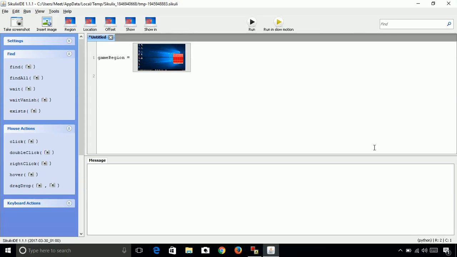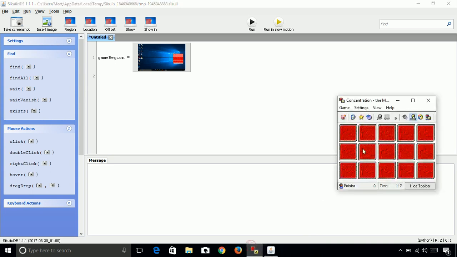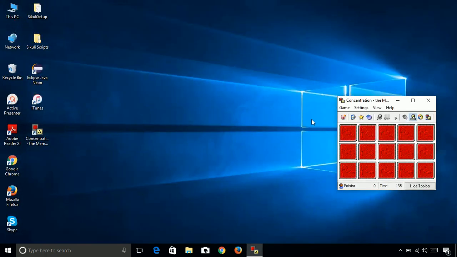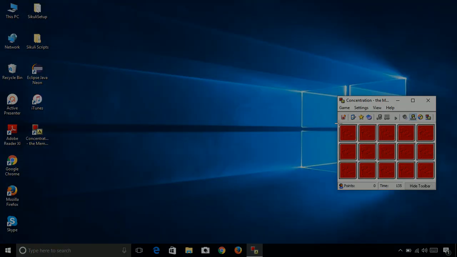Then we have to deal with these boxes. So we have to take a screenshot of the boxes so that we can use that variable afterwards in the script. So that is the game button. So let's take a screenshot of that. So drag a box over this game button.